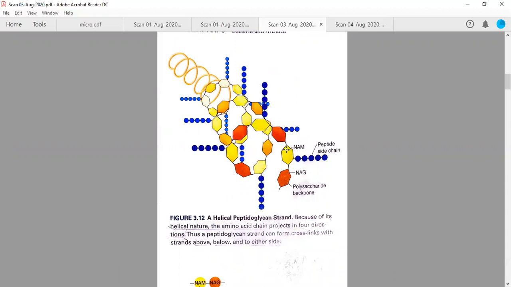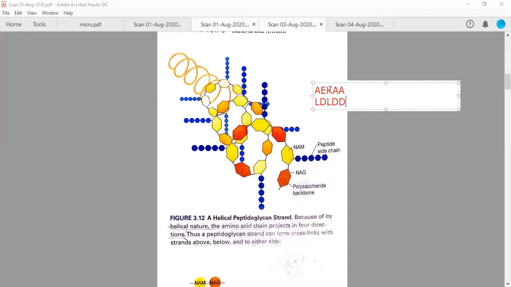And each time you will see that the pentapeptide side chain is attached to the NAM residue. The first one is alanine, this is glutamate, the third one is mesodiaminopimelic acid or lysine, and the last two are alanine again, D-alanine. So there was a trick to remember this. And always remember this also, they are always found in this form: L, D, L, D, D. So this is L-alanine, D-glutamate,